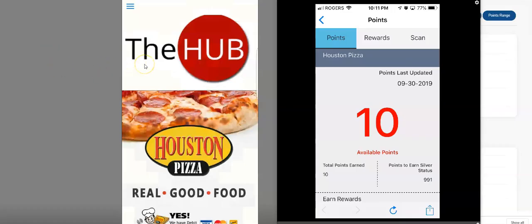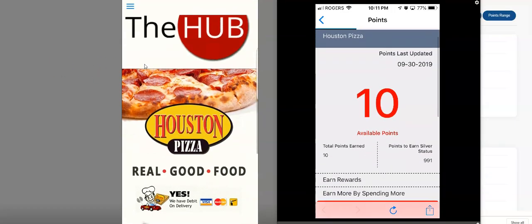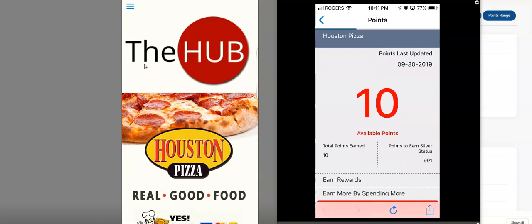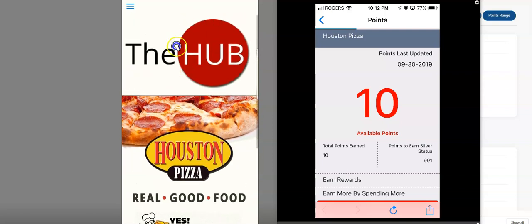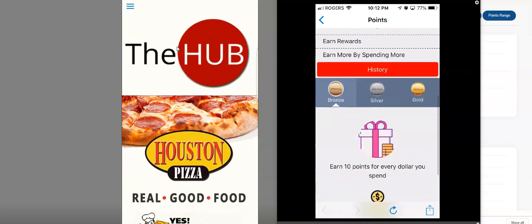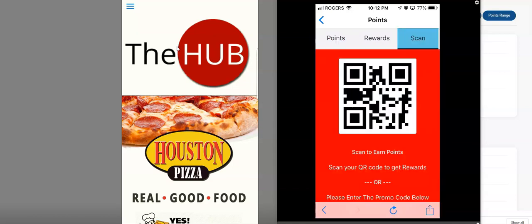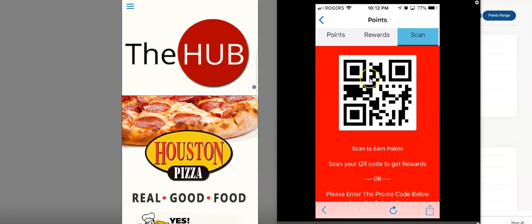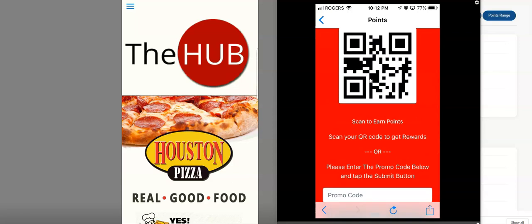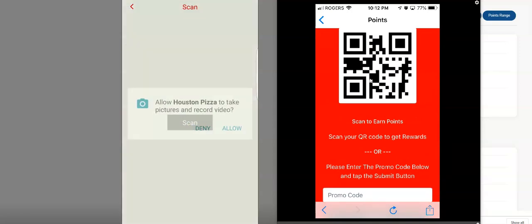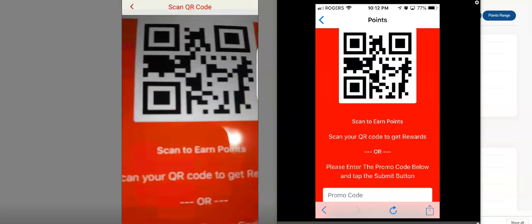Okay guys, so I've got two devices up on my screen right now. The one on the left is the admin, which has a tab up here that the customers will not see. And this is the app that I was using just now for the demonstration. I'm going to touch my scan button, and then the admin will touch the hub and hit the scan button, and we'll get access to their cameras. And I will hit the scan, and you can see